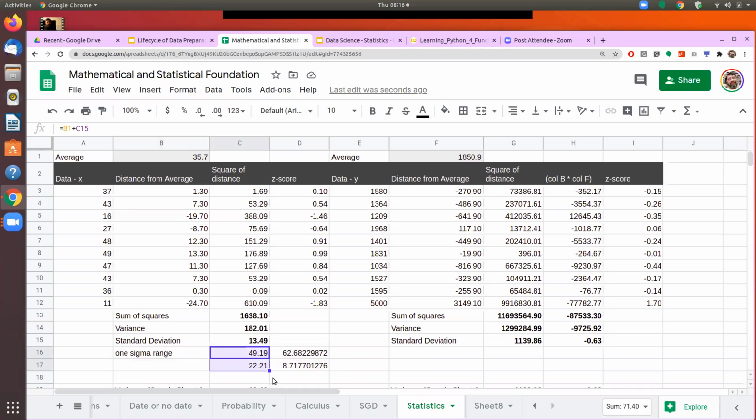It will tell you that there is a 68% probability that you will reach office, or out of 100 days, on 68 days you will be reaching office within the range of 22 minutes and 49 minutes. And on 90 out of 100 days, you will actually make it to office between 8 minutes and 62 minutes. Okay. That's how we can now extrapolate different kinds of things.